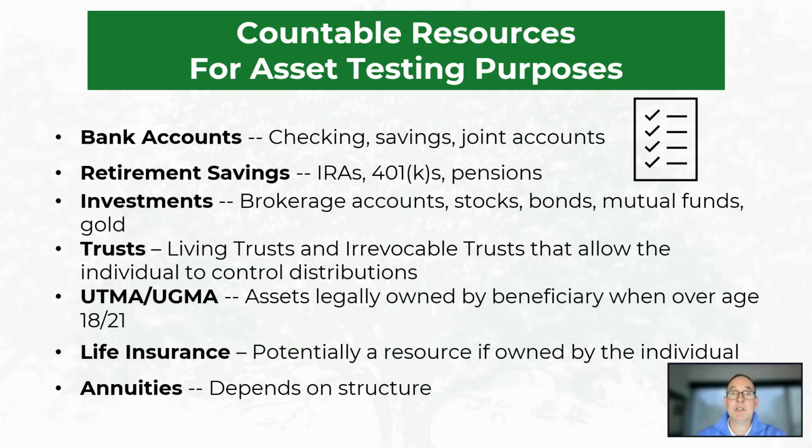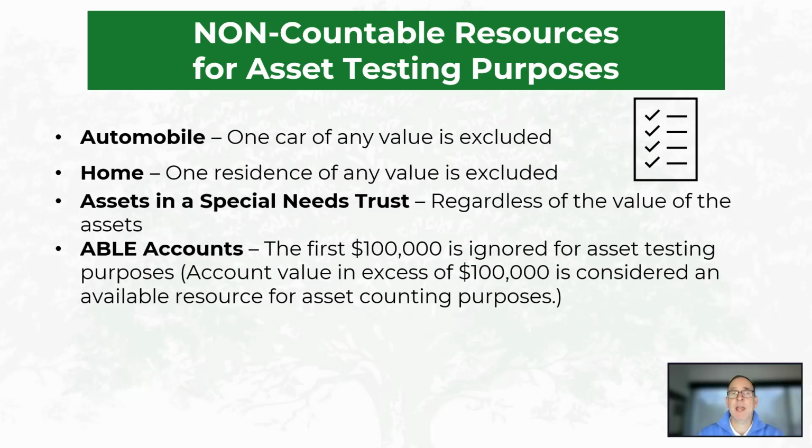So again, that summary should tell you you've got to look really hard to make sure that your loved one has none of these kinds of accounts when you're going to apply for benefits. And once they get benefits approved, they don't let any of these accounts accumulate more than $2,000 by the end of the month. So what can they own?